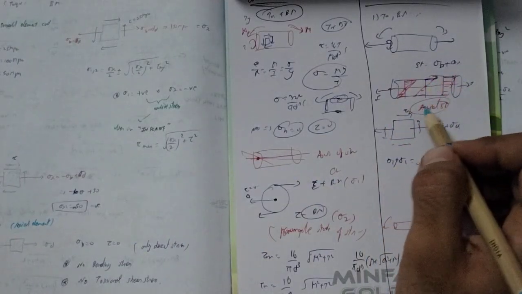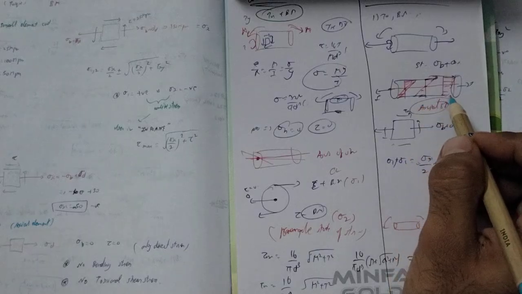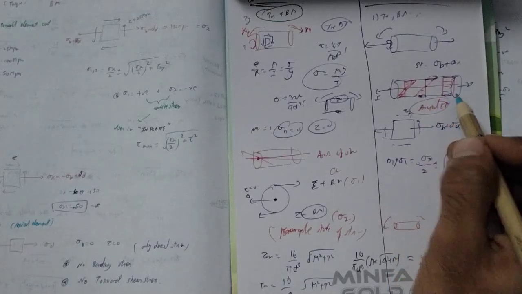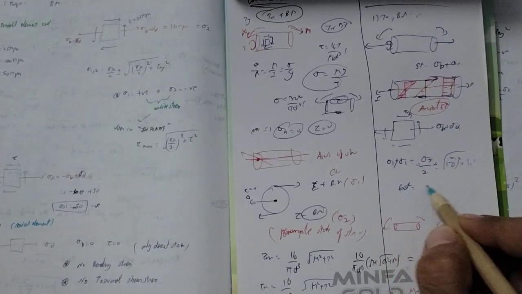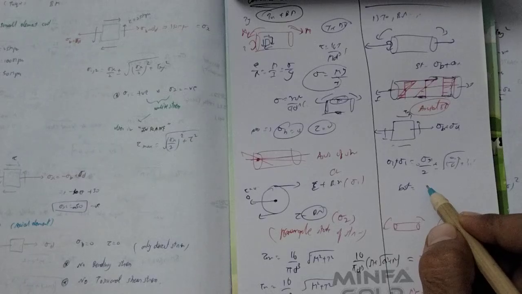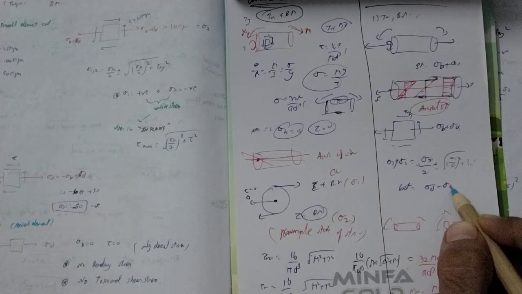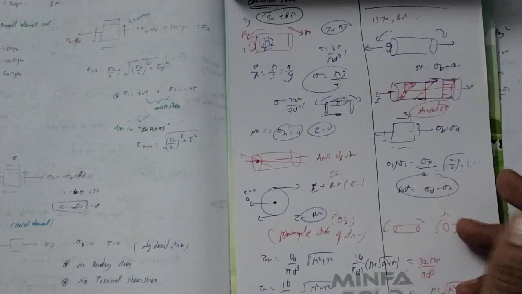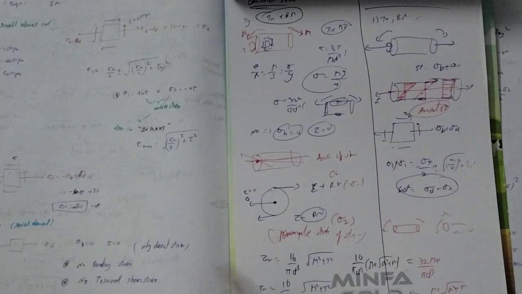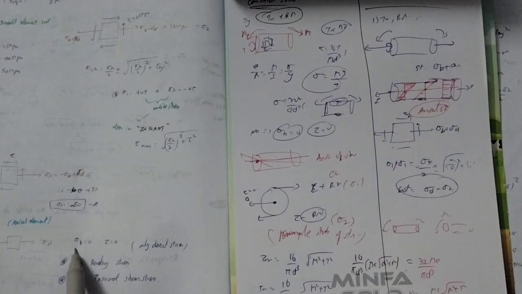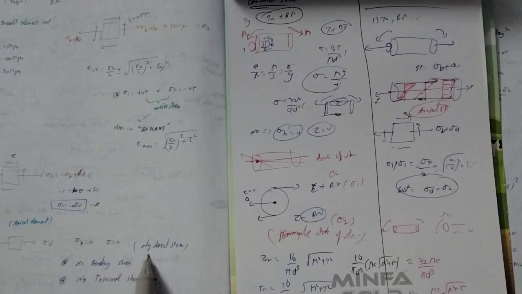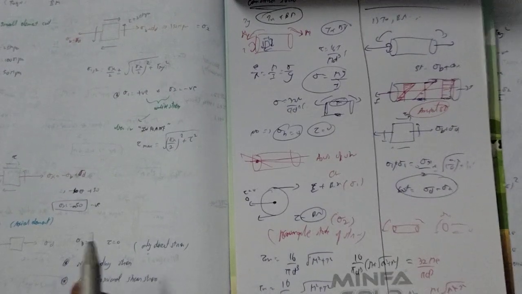Okay, but at the bottom, you can see the bending stress is opposite. So the bottom is different. Okay, I think I got the point. So it is sigma direct minus sigma b, or anytime it means minus of anything can be. Okay, so at the axial, you can say bending stress is 0, shear stress 0, only direct stress, no bending stress, no torsional stress. Okay,